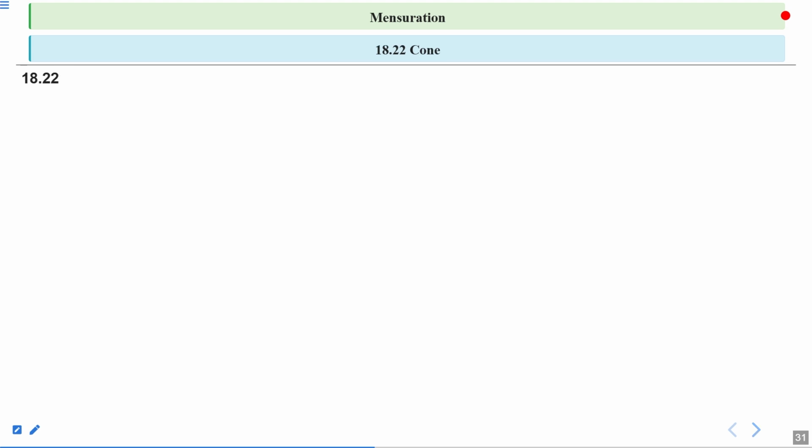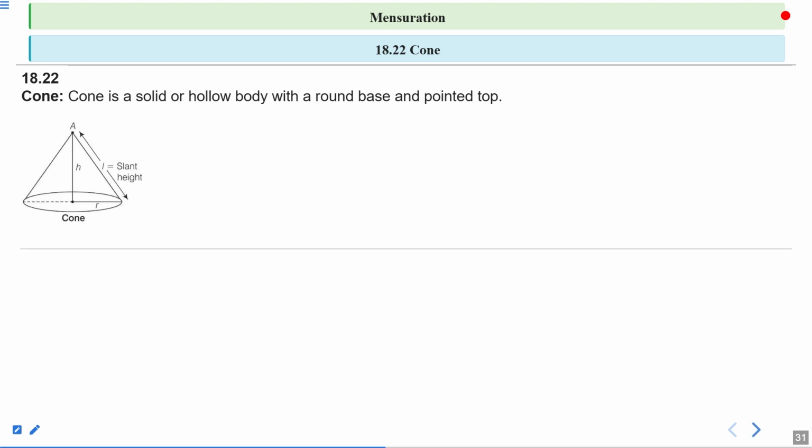cone, 18.22. Now see the formulas related to cones. So a cone is a solid or hollow body with a round base and pointed top. And this is the diagram of a cone, where h is the altitude height, r is the radius, l represents the slant height. Next,